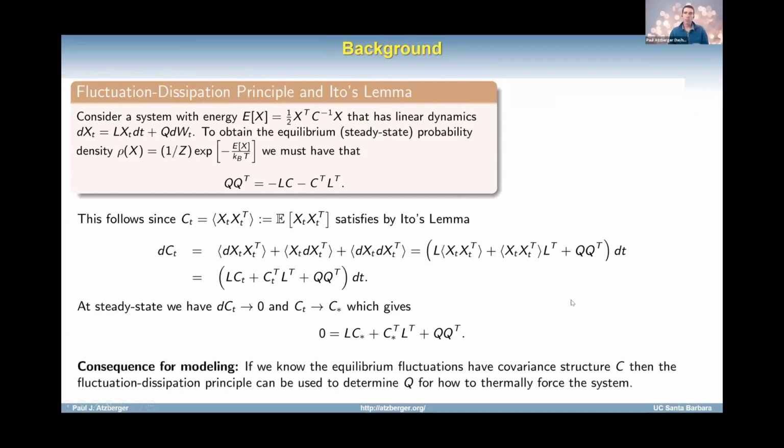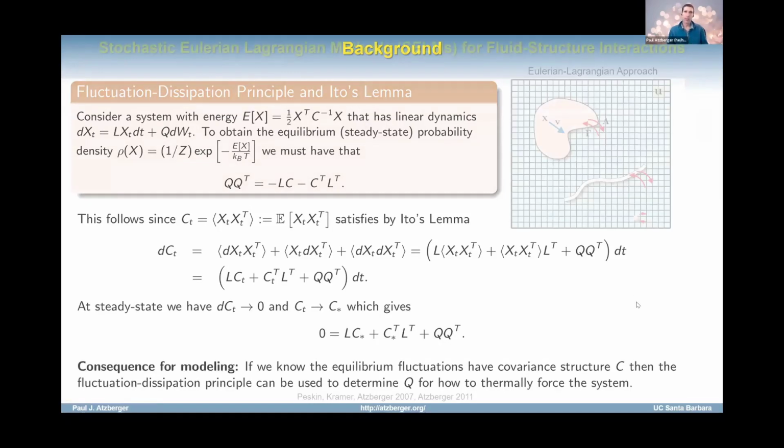Okay, so the consequence for modeling is that if you know the equilibrium fluctuations of your system and you know the dissipative operator, then effectively you can derive the appropriate thermal forcing for that system. Okay. All right, so those are going to be the key results in statistical mechanics and stochastic analysis that I'll be leveraging throughout. Discuss next some of the fluid mechanics and how we're going to pull all of